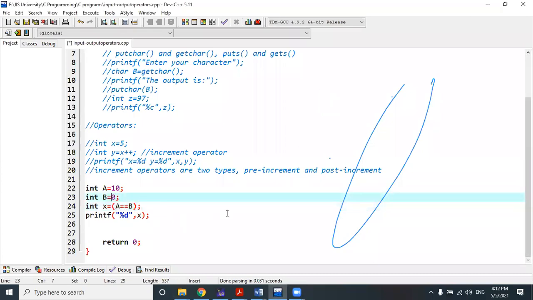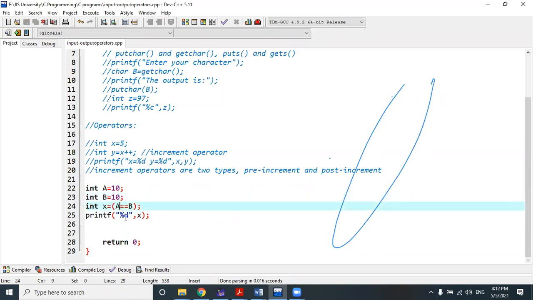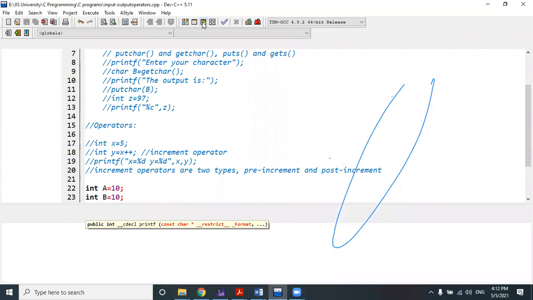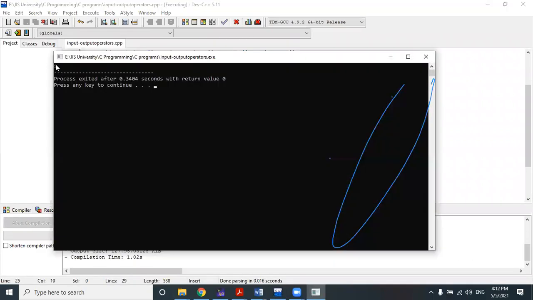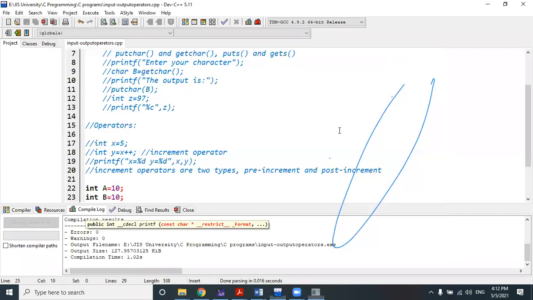Now, if we give the same value for both variables a and b and perform the same relational operation, then it will return true. Clear? One means true. So don't expect that it will write the word true. In Java, it will write the word true, but in C, it will represent in the form of the values 1 and 0. You have to remember this.